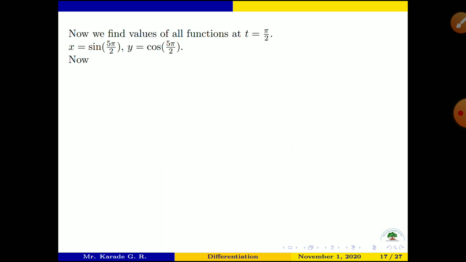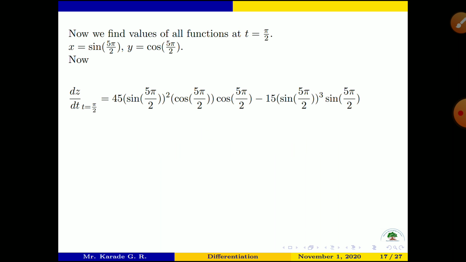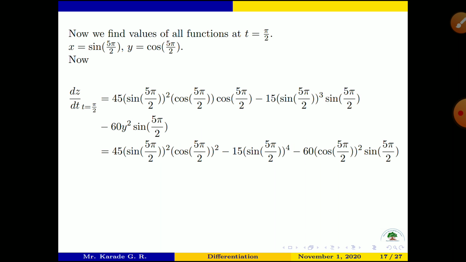So x is equal to sine of 5 pi by 2 and y is equal to cos of 5 pi by 2. We know that the value of sine 5 pi by 2 is 1 and the value of cos 5 pi by 2 is 0. So we find the derivative of z with respect to t at t is equal to pi by 2. Let us put all these values here, and in the final step we will find that,